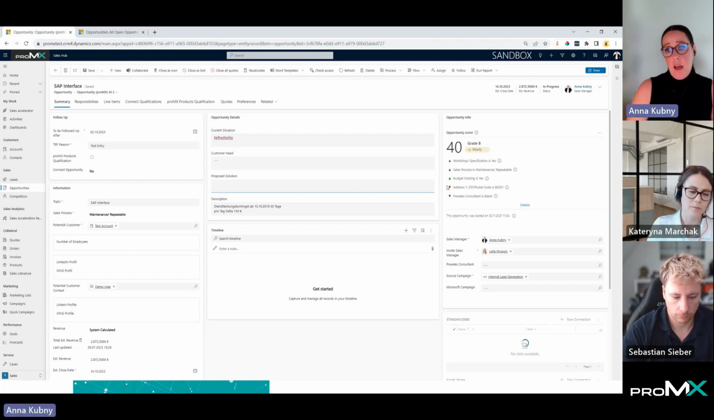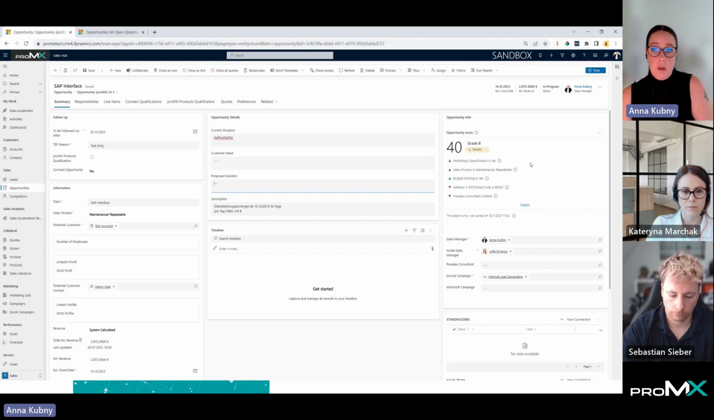We do have the opportunity score, which is the AI-driven stuff in here. So it gives you an AI insight of this opportunity. It will give you a grade, right? It has grade A to D, so A, B, C, D. I will go more into what the grade is when we look at the opportunity view. It will give you information on what I can do to improve my opportunity to make it more likely to be won. So in this case, well, maybe prepare a workshop or something,